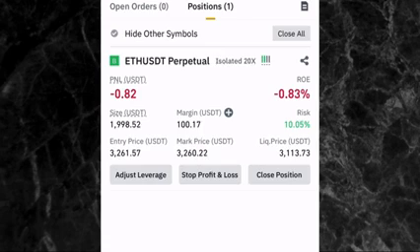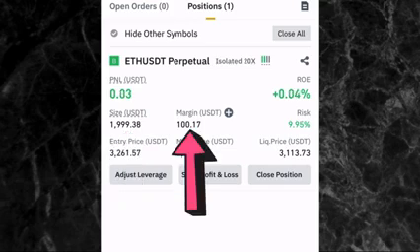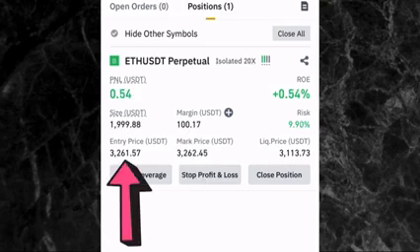Now let me explain some terms or some things that you need to know right here. Now if you can see, the size means the amount of USDT we have used to enter this trade, which is about $2,000. This is 1,999, which is approximately $2,000. And then the margin is the amount of money you yourself use to enter the trade, which is $100. And then you can see where you have entry price (USDT). That's the price you entered this trade. So we entered this trade at